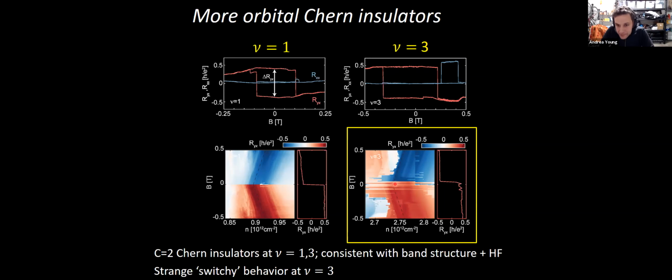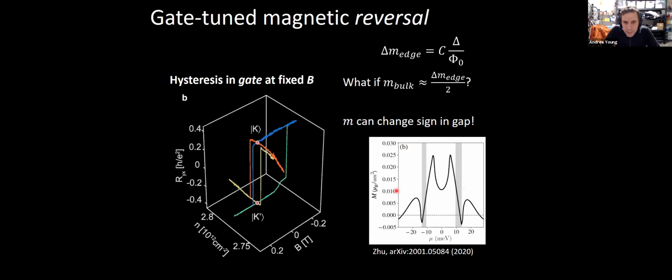It happens all the time. And in particular, what you see is that the Hall conductivity changes sign as a function of charge carrier density very abruptly at finite magnetic field. And everything in general is very noisy, right? It's very hard to control this, and if you measure it again, you'll find that all of this is slightly different. The switchy behavior turns out to be a real thing. In particular, there seems to be hysteresis not only as a function of magnetic field, but also as a function of just the DC gate voltage that you apply.